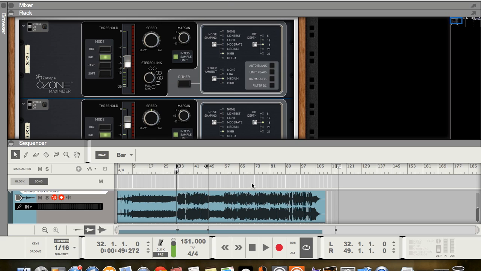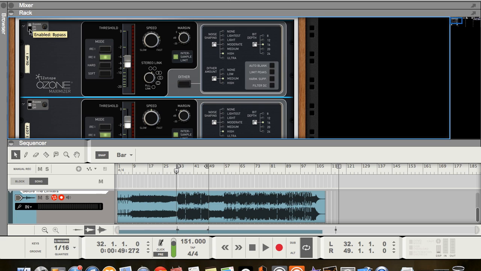All right, so back to Reason. So the second tip is to use more limiting than you think you would need. Now, I used to think you only need to see the meter slightly dance and no more. Each of these lights is 1 decibel of gain reduction, and I'd have the meter about right here, which is about -2. And I thought that that was the way that you should be limiting. But what I did one day was I got very frustrated with my masters not being anywhere near what I needed them to be, and I completely overdrove the limiter. I slammed it to around -10 or so right here. And what I discovered was that I actually needed to be using more gain reduction on the limiter than I actually was. So the best way to figure this out is with a limiter.